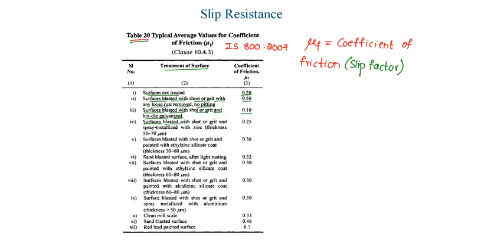Surface is blasted with shot or grit and spray metallized with zinc. Thickness is between 50 to 70 micrometers, it is 0.25. Surface is blasted with shot or grit and painted with alkali zinc silicate coat, its thickness is between 30 to 60 micrometers, it is 0.3, and so on. For red lead painted surface it is 0.1, for sand blasted surface it is 0.8, for clean mill scale it is 0.33, and this mu F value should be less than or equal to 0.55, whereas Kh is given